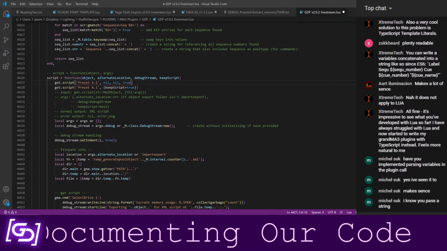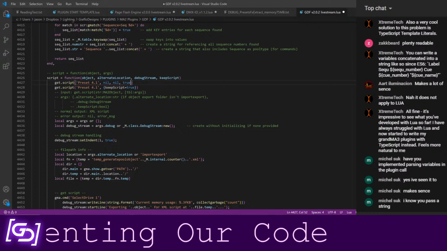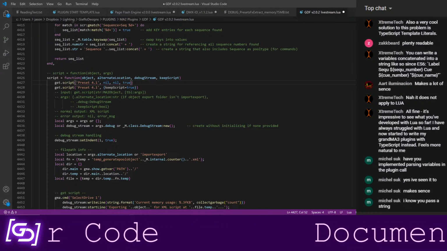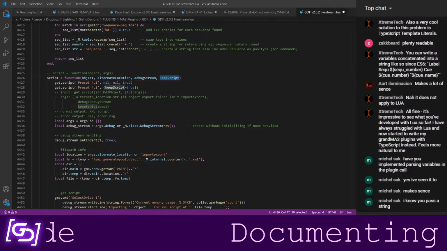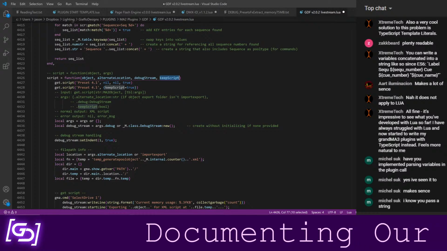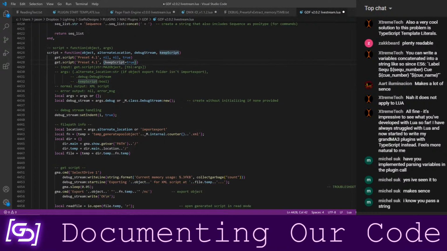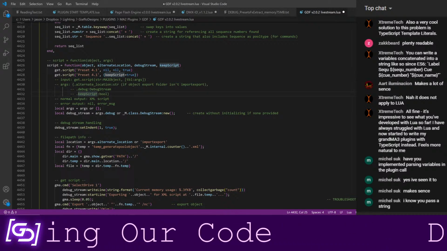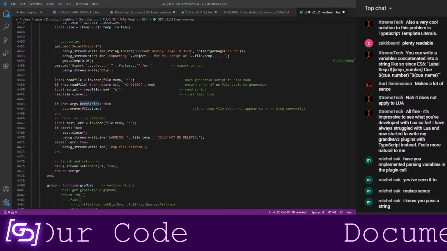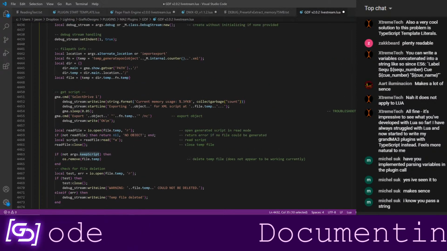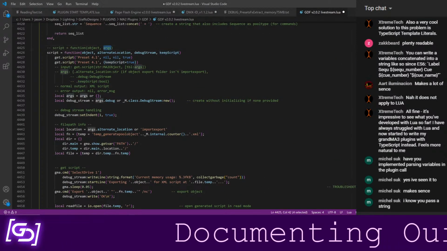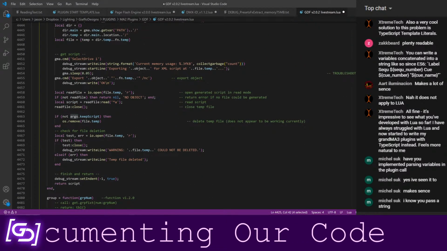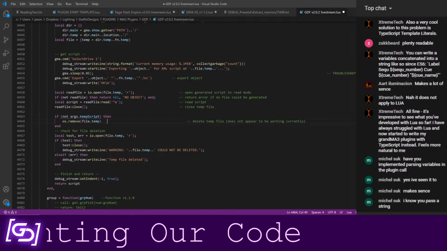What if I've got something like, I know I've got some that use way more possible arguments. I don't want to have 15 different arguments here and try to keep track of which position I want to put keep script in. So instead, I do it in this table format, and then in the argument, it just looks for if this value exists, then do that, which actually should exist right here. If not, args.keepScript, which args is the name that I gave to that table that gets passed in as the second argument. If that doesn't exist, go ahead and delete the file.